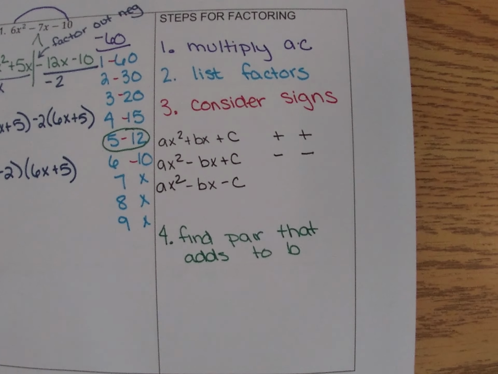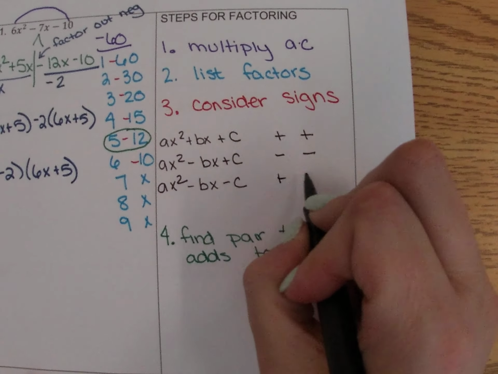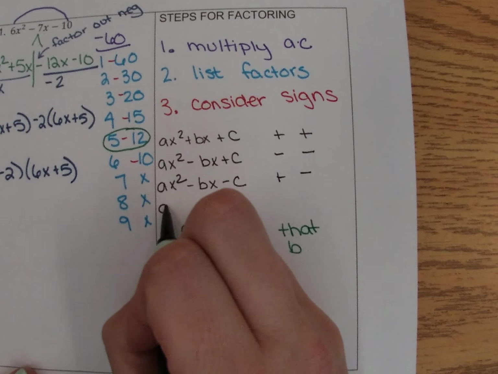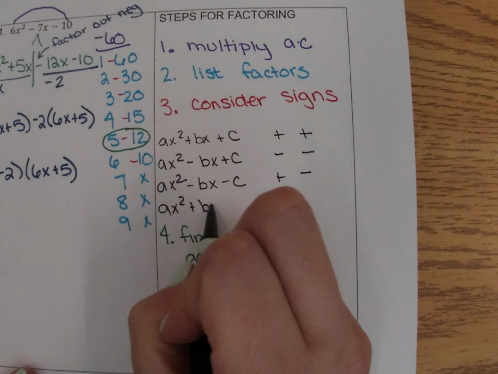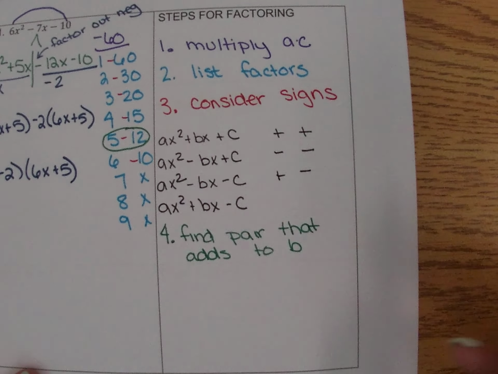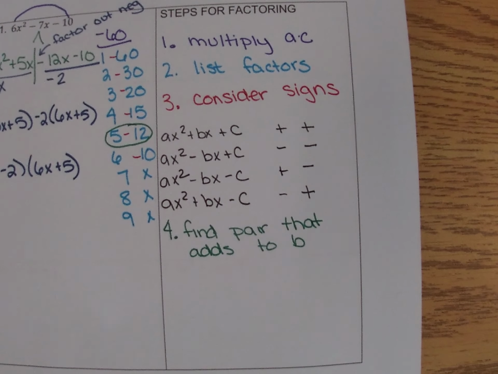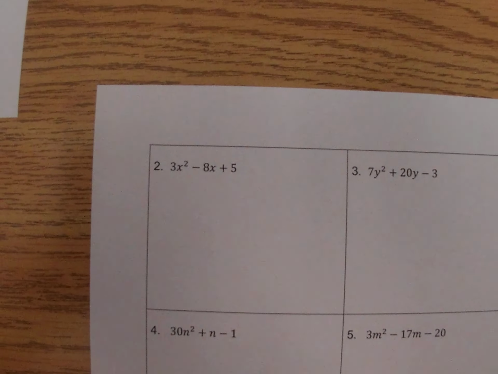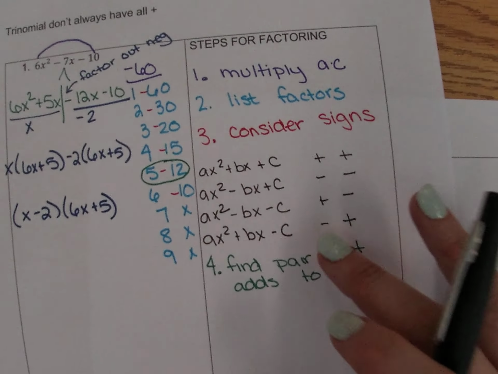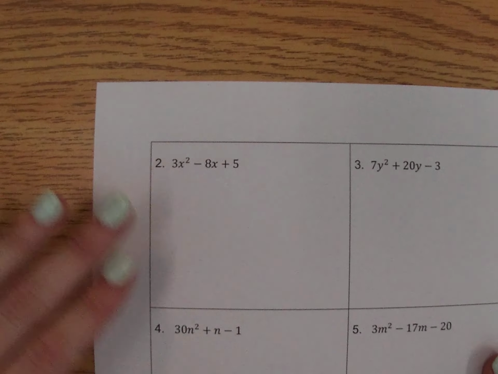We know we need one positive and one negative, but we want the larger one to be negative. We want the right-hand column to be negative. And in this case, we'll want the smaller number to be negative. So again, when we look at these problems, you can sort of use that as a crutch. You're not going to get this list on your test, but you can use it to help you start thinking